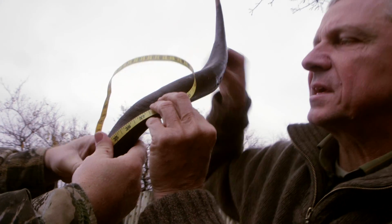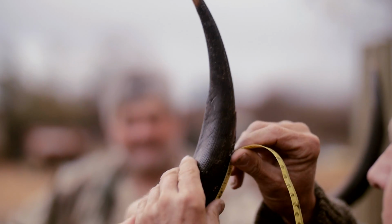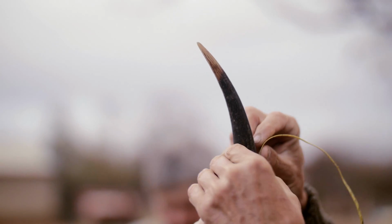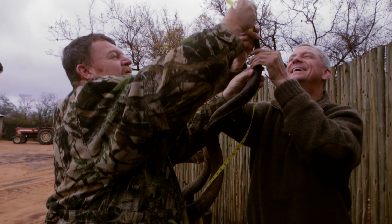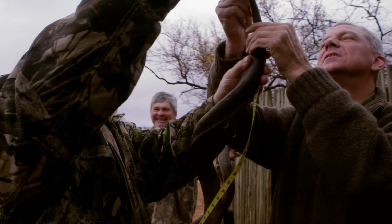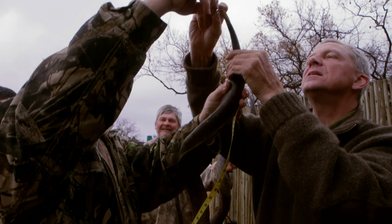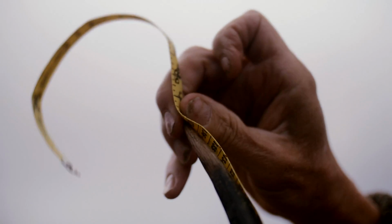Some hunters bring the tape onto the ground in the bush when they are hunting. Yes, you get that. Does it put any pressure on you guys? Yeah. He will say that, but you know we are professional. What can you see there? I can see, I would say, let me just do like this. I would say it's